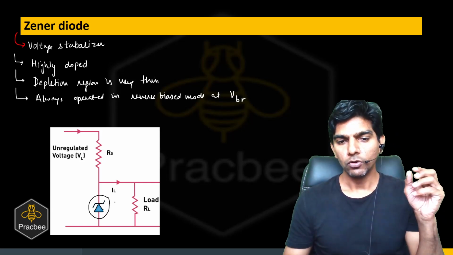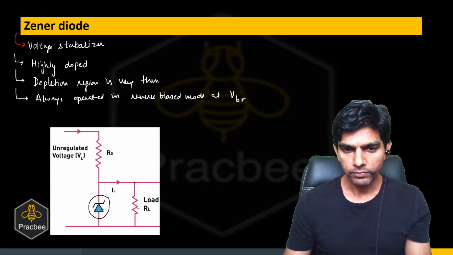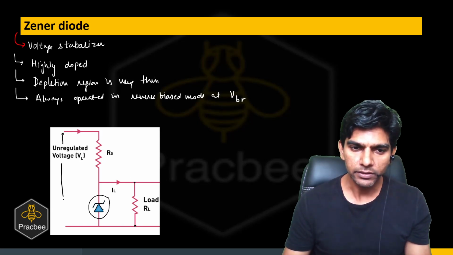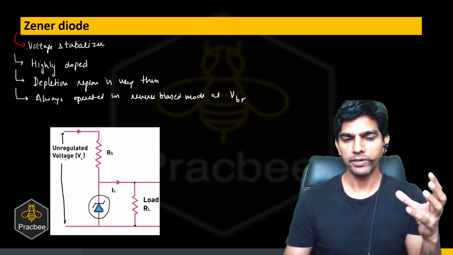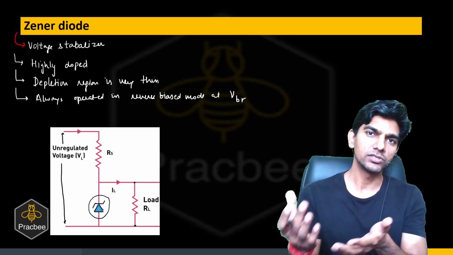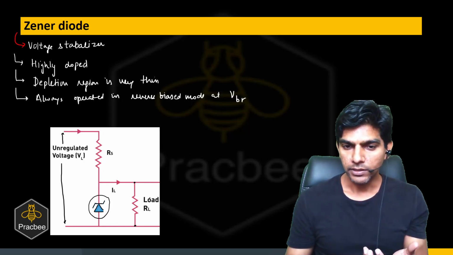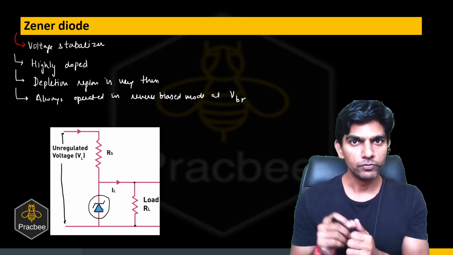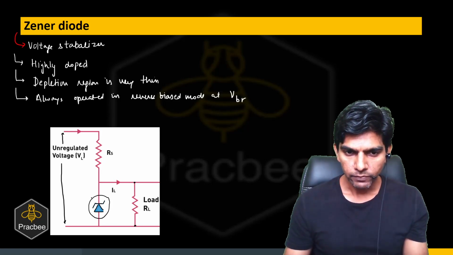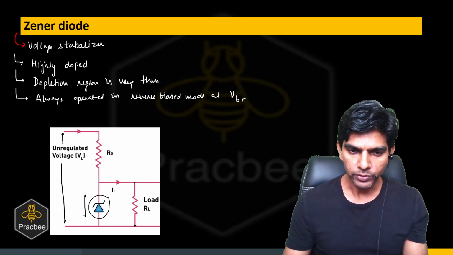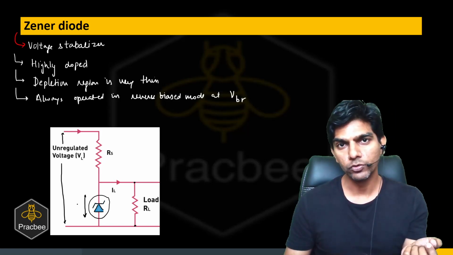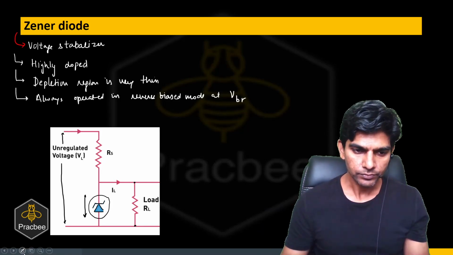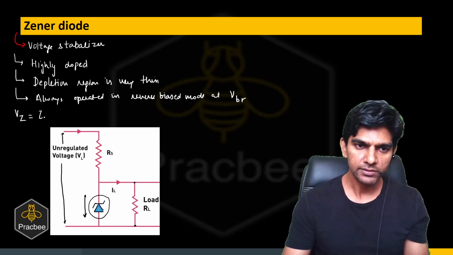So what we do is operate the Zener diode at the breakdown voltage, and we connect a load resistor in parallel to the Zener diode, and we feed an unregulated DC supply, which is varying. Suppose we have an input unregulated voltage which varies from say 10 to 16 volts, but we want a constant potential difference across the device that we are using, to make that device work, right? So we'll have a Zener diode, and it will maintain that potential difference, which is the same as the breakdown voltage, and in this case we'll call that voltage the Zener voltage, right? Vz is the Zener voltage.